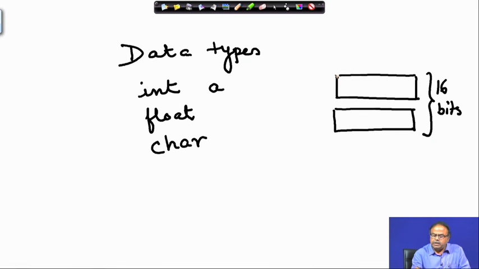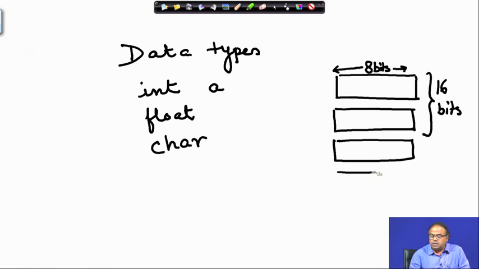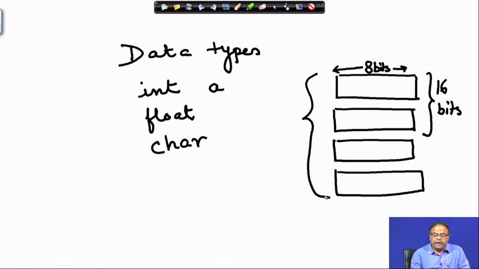All right. Each of these boxes that I am showing here are 8 bits wide. So, there are 2 such, so 16 bits. For float, real numbers are stored using 32 bits, whereas characters are typically stored in 8 bits.